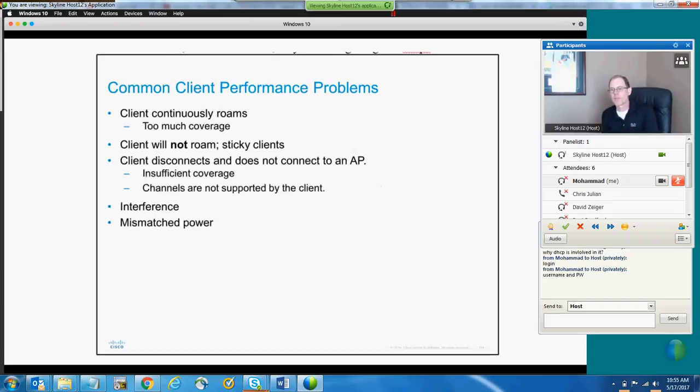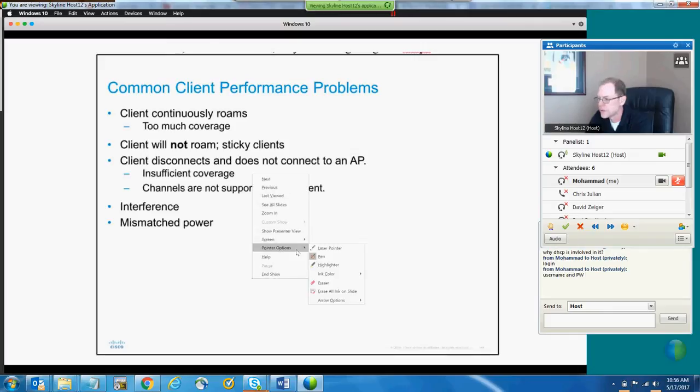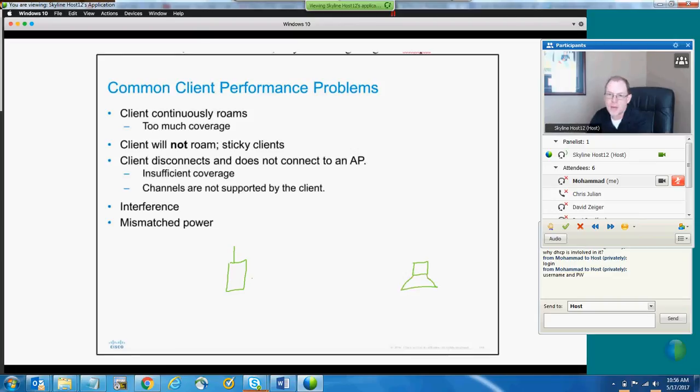And that's something a lot of people don't think about. But if you think about what happens here, you've got an access point that has an antenna. Let me draw this out. So here's my AP, and this AP has an antenna. And then I've got a client. And even though the antenna's embedded, the client's going to have an antenna. And both of these antennas have a power rating, and they both have a coverage that they can